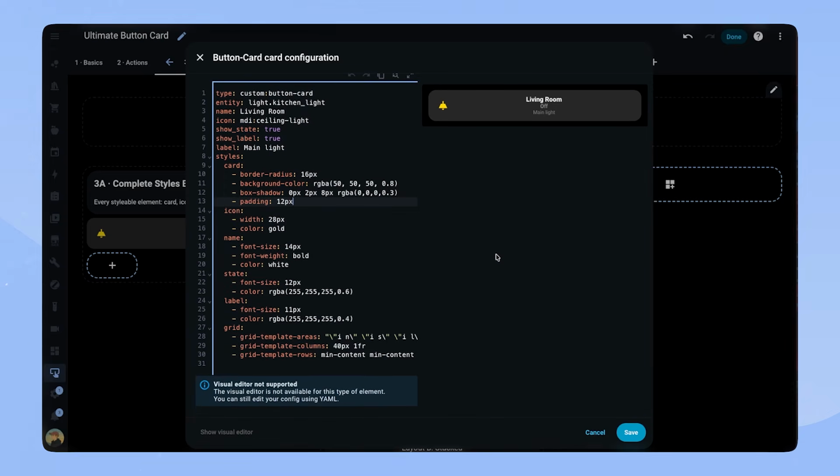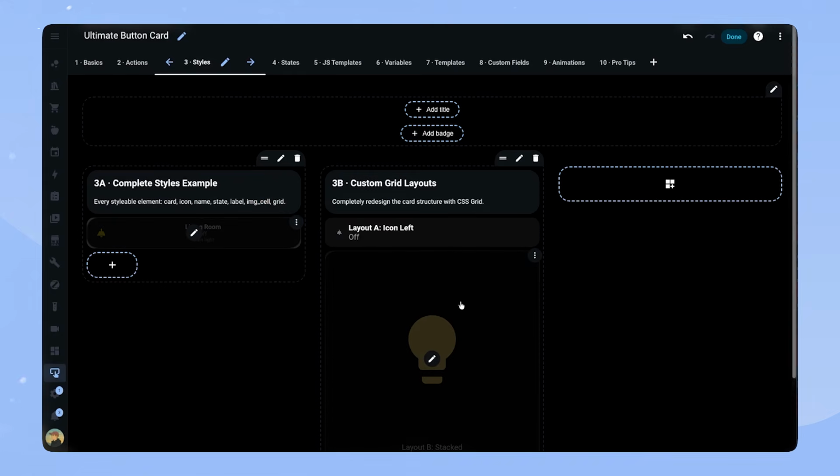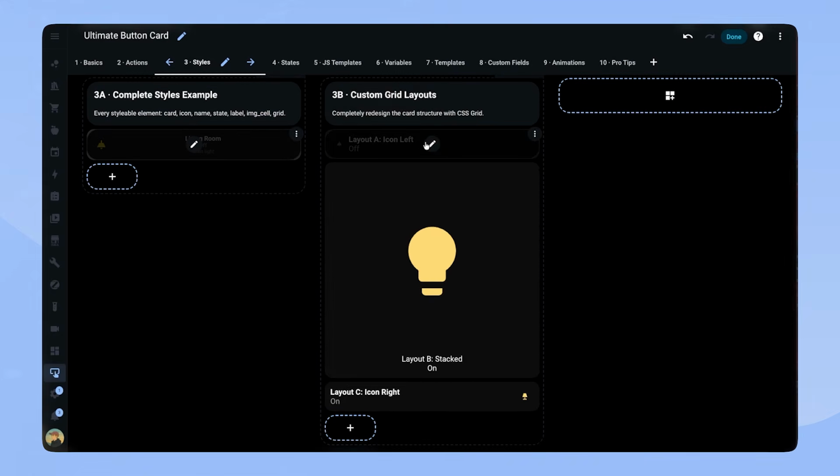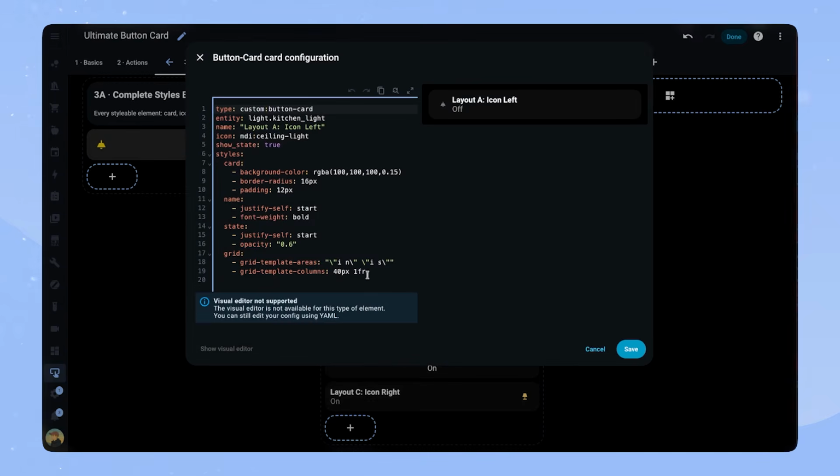You can set different font parameters like font size and font weight. The last one, grid, is the most powerful one. This is the layout engine. By default, ButtonCard uses CSS Grid to position the icon, name, state and label. You can completely redesign the layout with grid template areas. Here are some examples. The first one has the icon on the left and the name and state on the